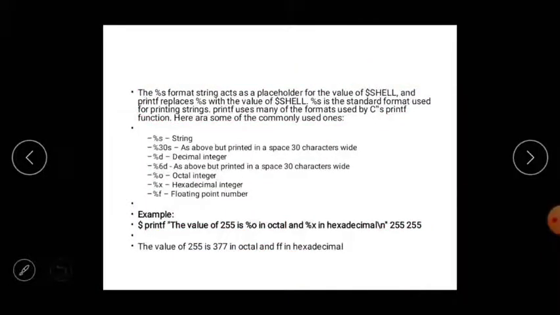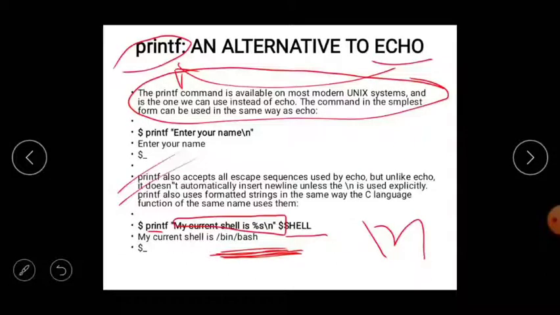Okay, next, the %s format string acts as a placeholder for the value of the shell. We know why we use %d, %s and %f.